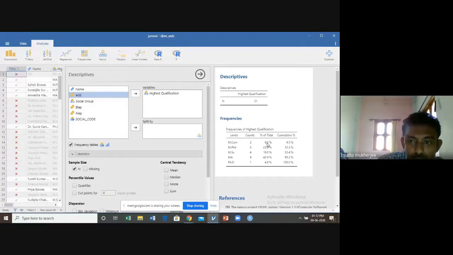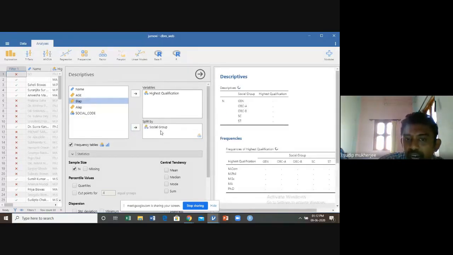At the same time, you also want to know the decomposition of highest qualification in terms of social group. You just click on social group and there is the option split by. Click on social group and then click on this arrow.